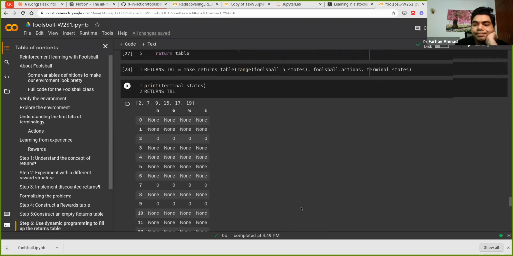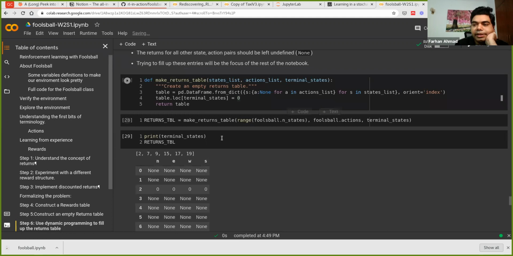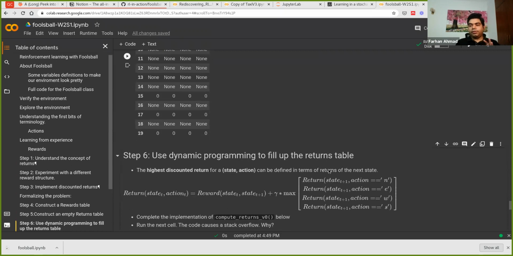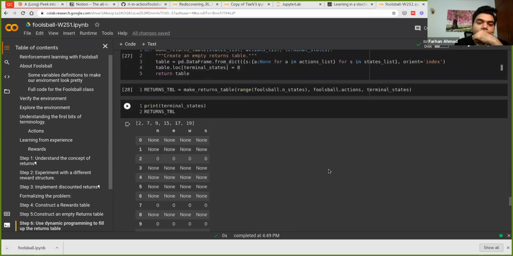And this is pretty much like what we did earlier, but with only a little bit of difference. But now this is the returns table, and the focus really is going to be on how to fill up this table, right? So for example, I want to know what is the return that I can get for